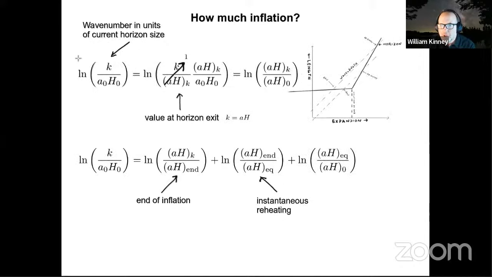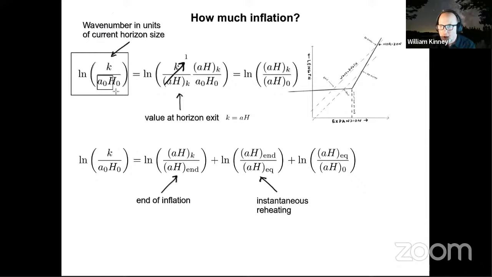So suppose the current co-moving horizon size is just a_0 H_0. And let's take some mode with co-moving wave number k, right? The co-moving wavelength is basically you're taking a wave that is expanding in wavelength with the expansion rate of the universe. You factor the expansion rate out so that basically it is a wave number in the universe today, right? So this is just a number. It doesn't change with time. It's a label that labels our particular mode.